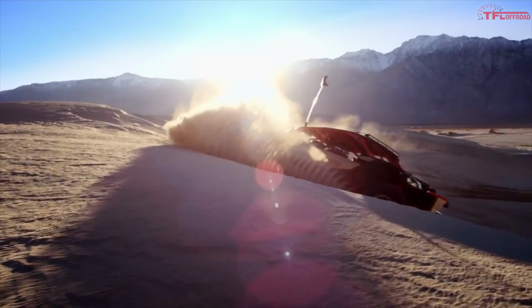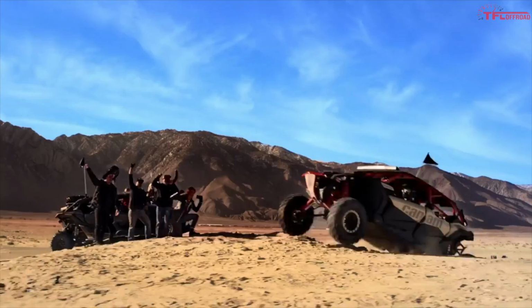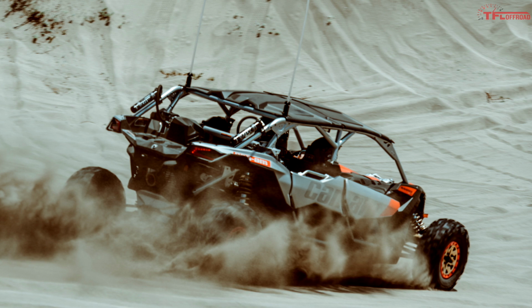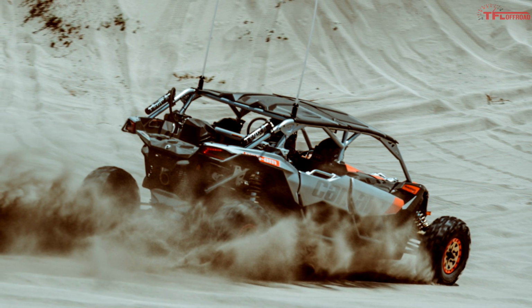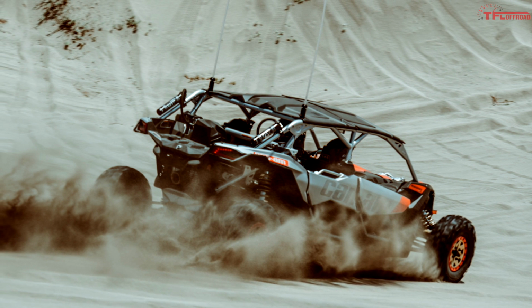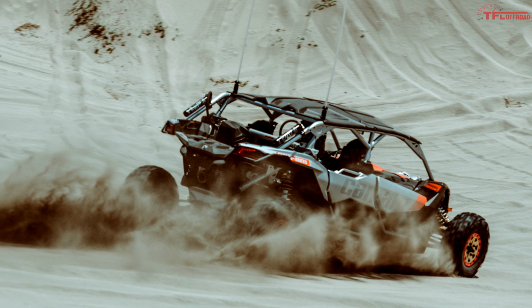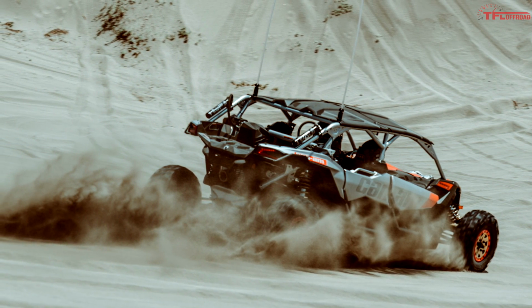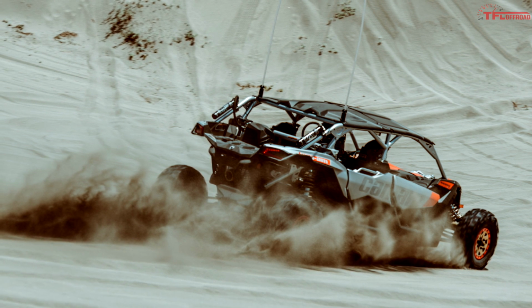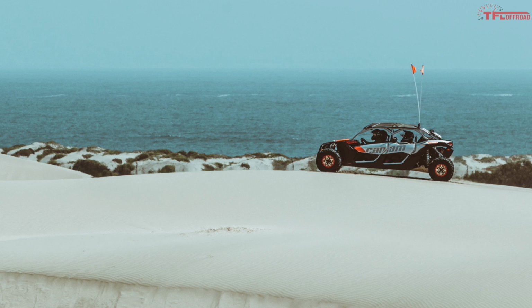Checking into the second spot on this list is the Can-Am Maverick Max XRS Turbo R, and boy is that ever a mouthful. If you're looking at bringing home one of these babies in the United States, you're going to be spending $29,899, while up here in Canada, you're looking at a price tag of $36,499. Sure, that is a lot of money, but at least you are getting quite a bit of performance for